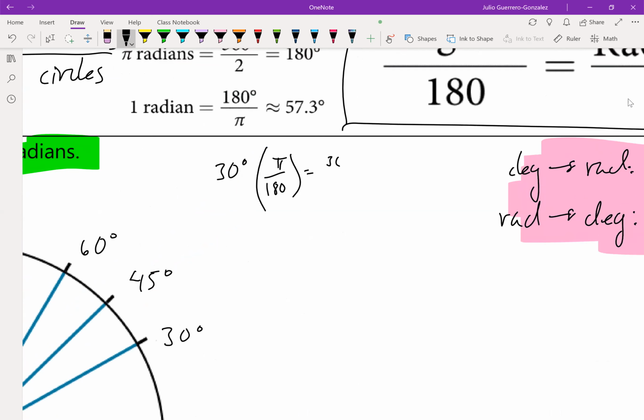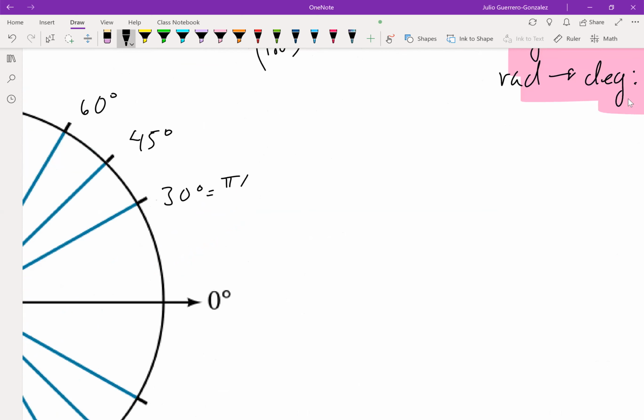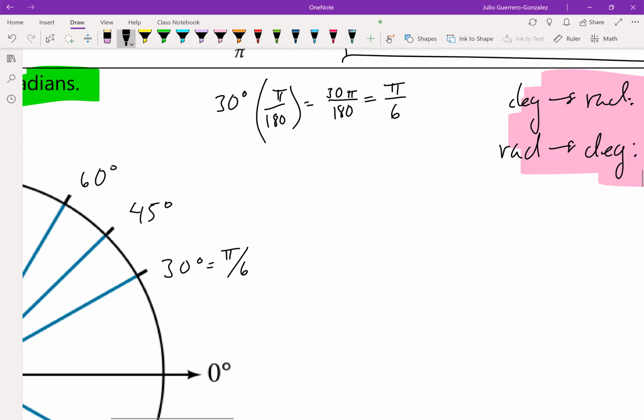Which is 30 pi over 180. And now I need to reduce. If you reduce this right, you get pi over 6. So this is also equivalent to pi over 6. Same thing happens with